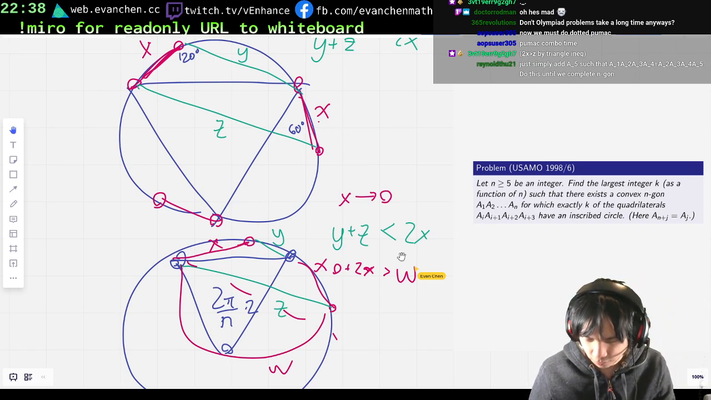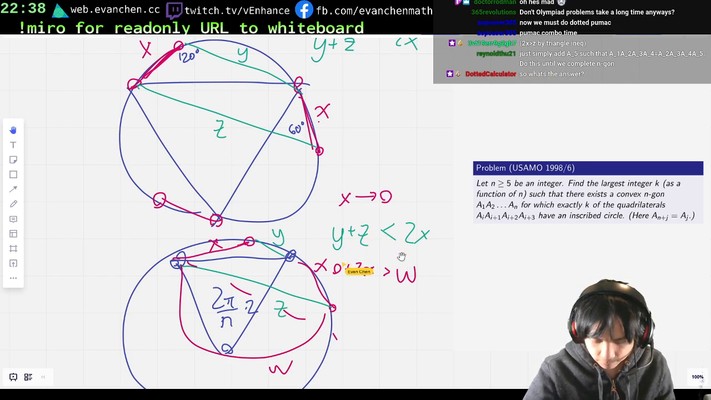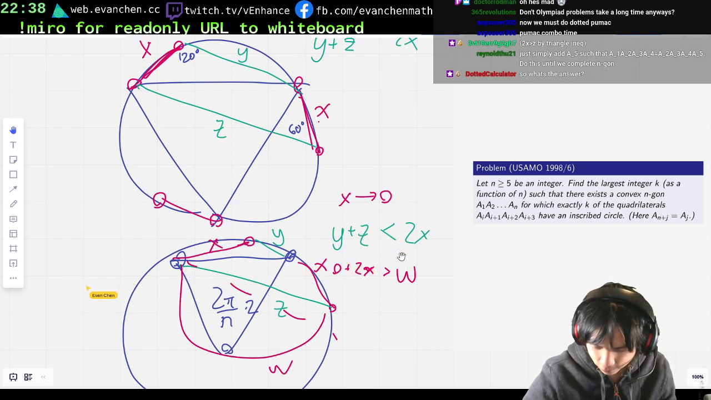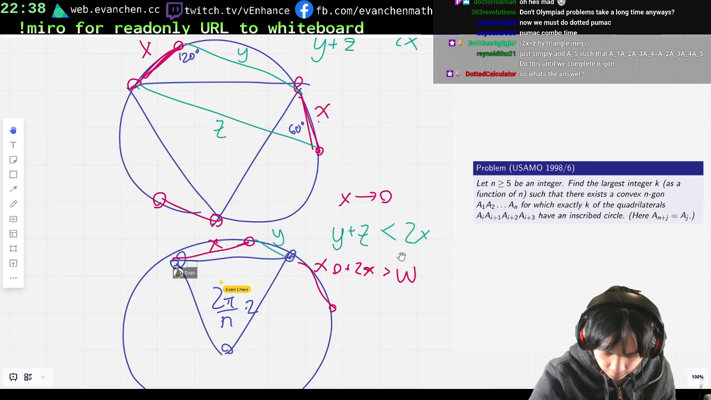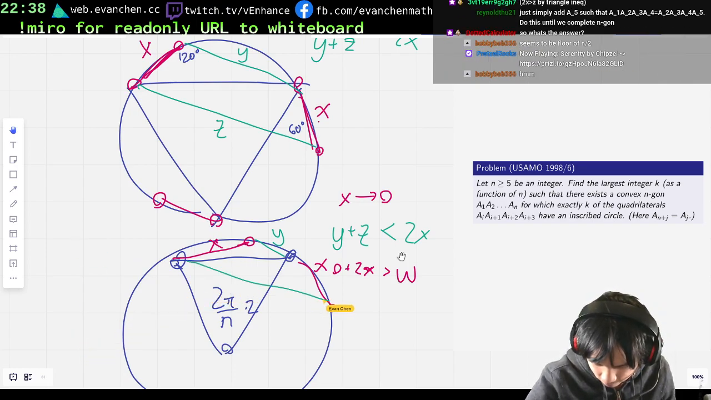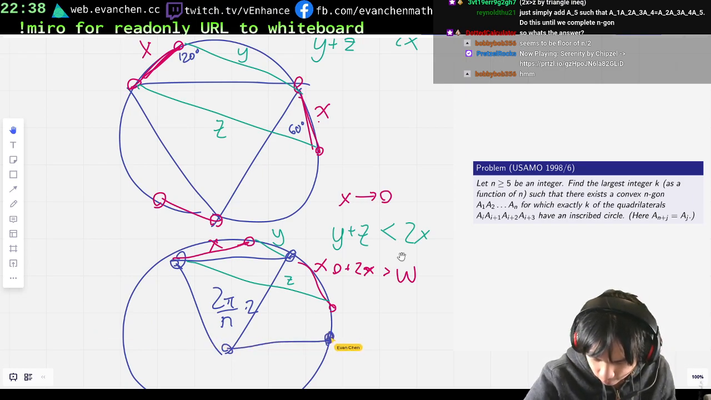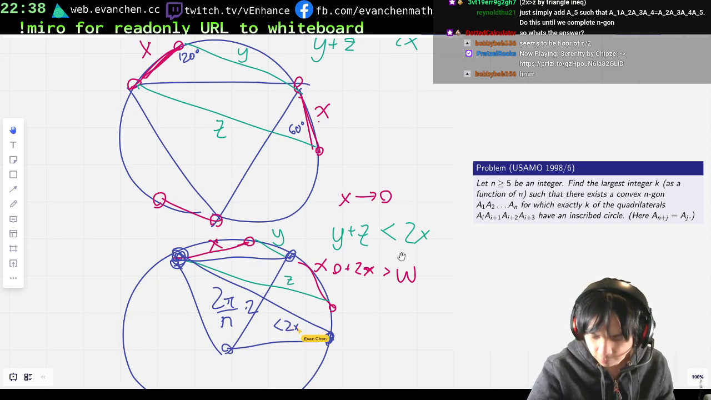Yeah, so then this is fine. What you say is, by triangle inequality, if I push... let me clean this up. Yeah, so this length is always less than 2x by triangle inequality. So you can vary the length of these red segments, and then